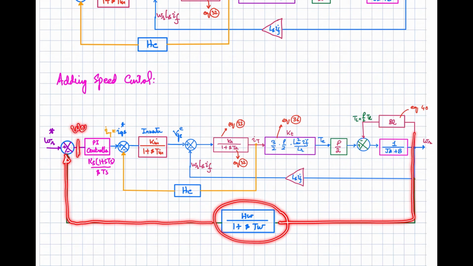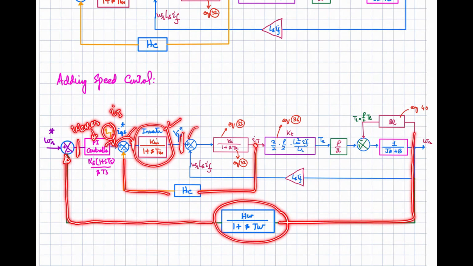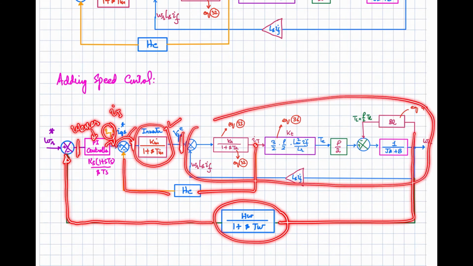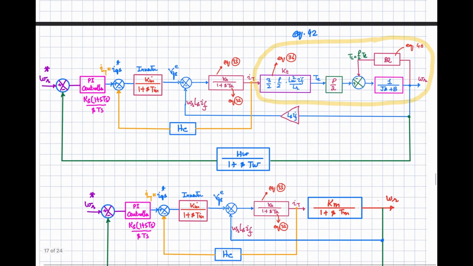Based upon the speed error, right? That is given to this PI controller. It is mapping or deciding about the torque component of the stator current, and then the error of this one is calculated by looking at the actual current of your machine, and then your inverter control is over there, and that takes that information of the error, and then finally decides about what should be the q axis voltage of your stator, and then that is applied and your speed is realized. Okay, now